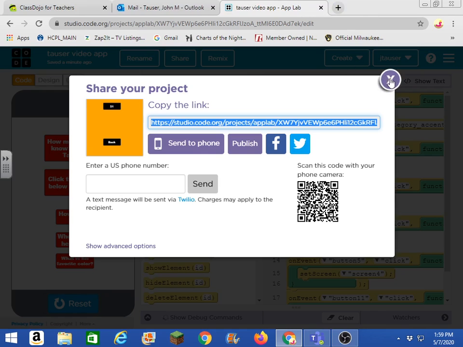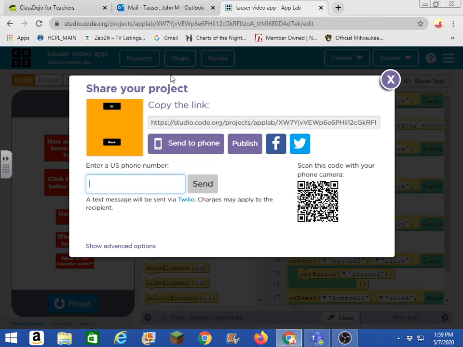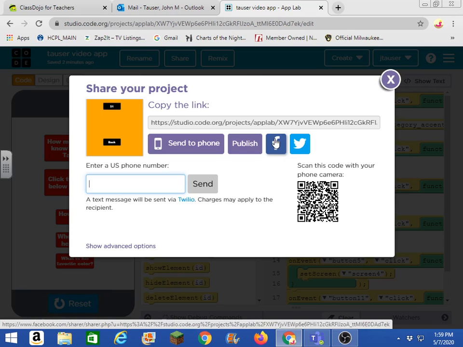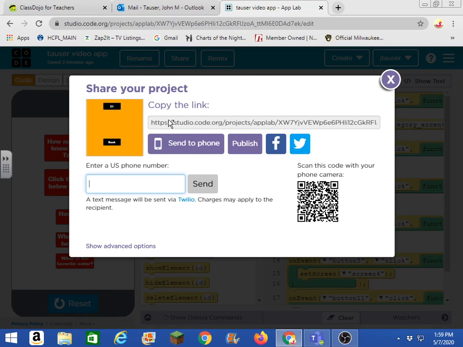Again, and how you do that is you're here, you share. You can share to a phone if you want, if you have a phone to send it to, or if you just want to send it to your own phone just to test it to see how it works. You can make it look really cool. You can also send it to Facebook or Twitter, if your parents let you. Maybe they'll let you share it. But you can also